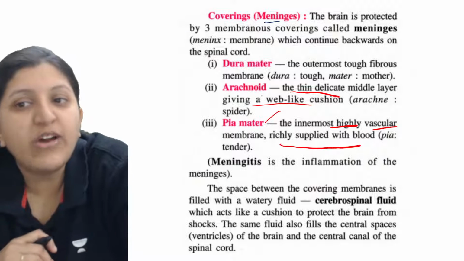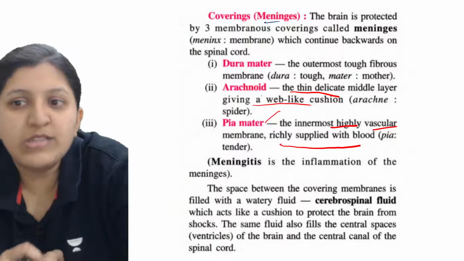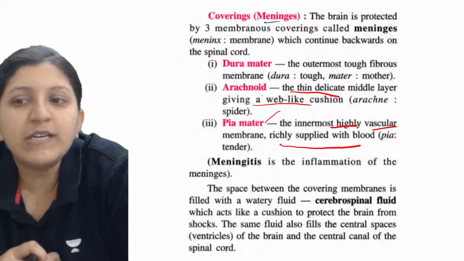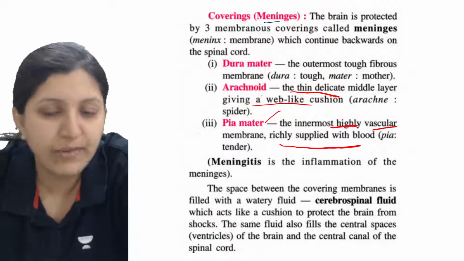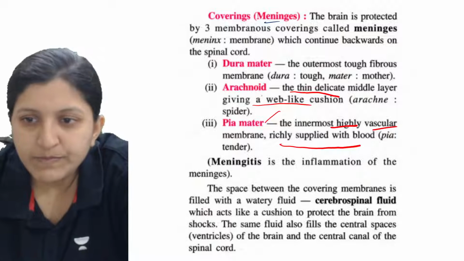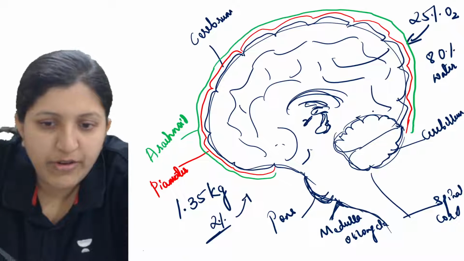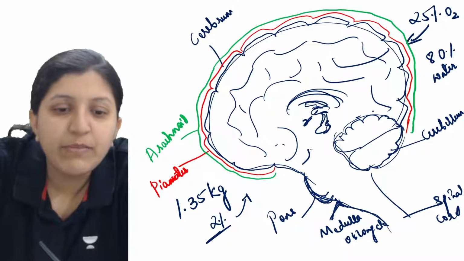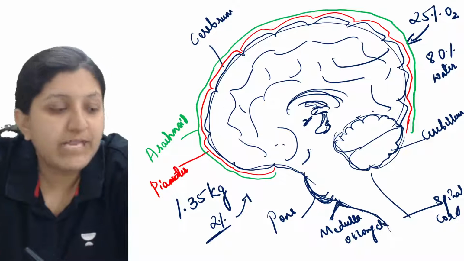Then the outermost is what? The outermost is the fibrous membrane. This is basically the dura mater, the tough mother, as mater means mother. We'll draw one more covering for this. This is anyway going to be in continuity with the rest of the